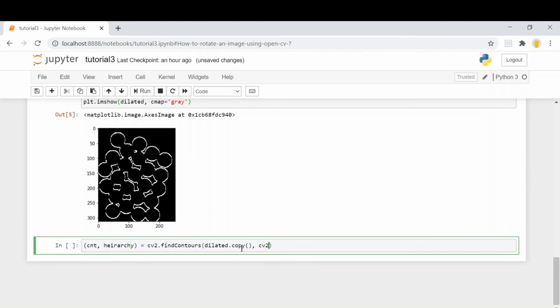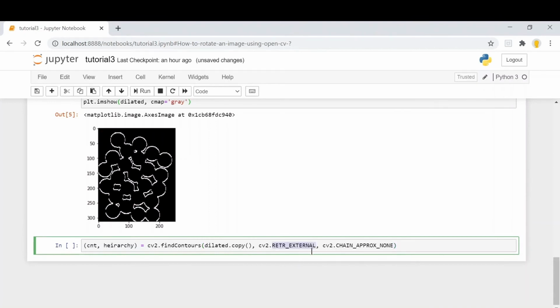The second parameter is cv2.RETR_EXTERNAL. The third parameter is cv2.CHAIN_APPROX, or none. We'll use none.